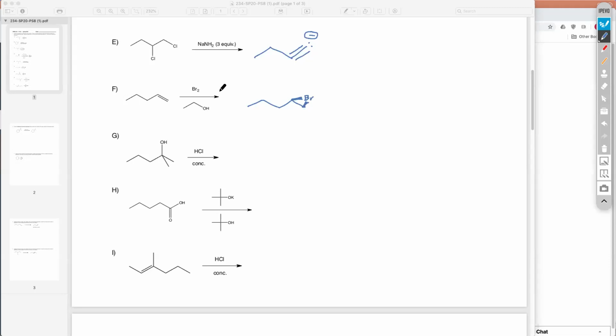And then again, after I get to this step, I would have two possible nucleophiles. Since this is the solvent and a better nucleophile than bromide, this is the one that's going to act as the nucleophile. And so it's going to come in. It's going to do a backside attack on the less substituted position. And then what you're going to get here is